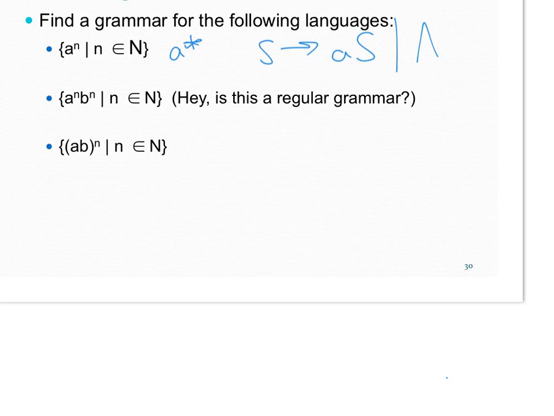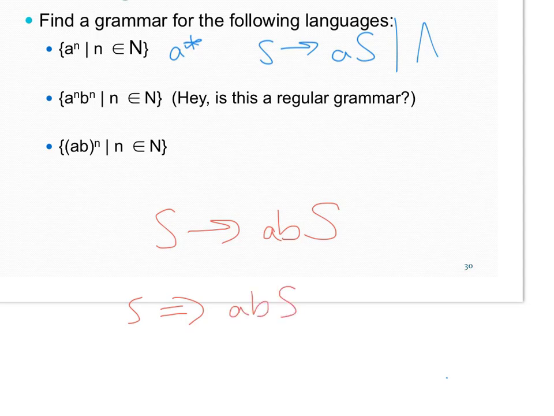So let's do that. When you're doing something like a to the n, b to the n, you need to think about how you build it up. The important thing is every time you add an A as a non-terminal, you have to add a B as a non-terminal. What we can't do is something like this. We can't say S goes to ABS as a production rule,